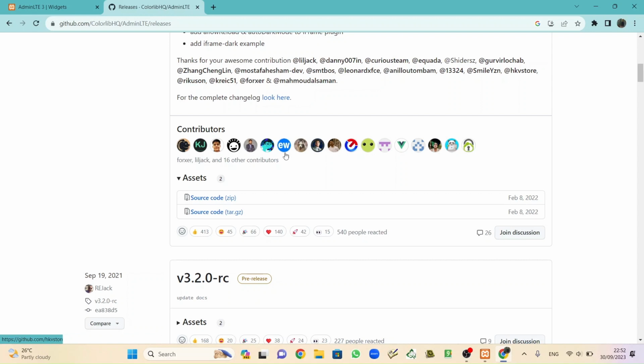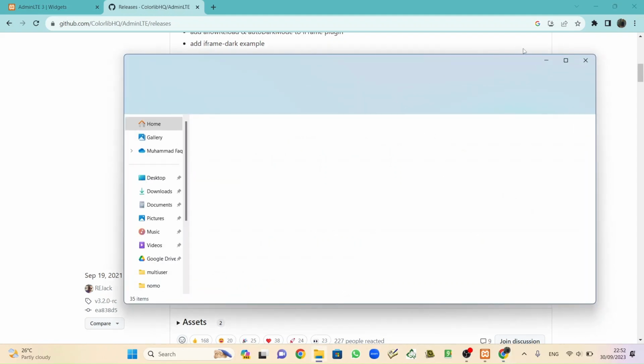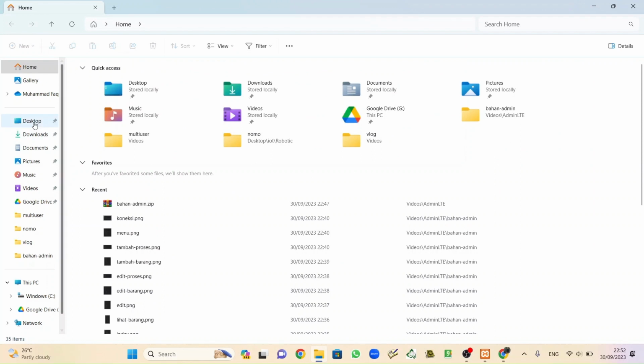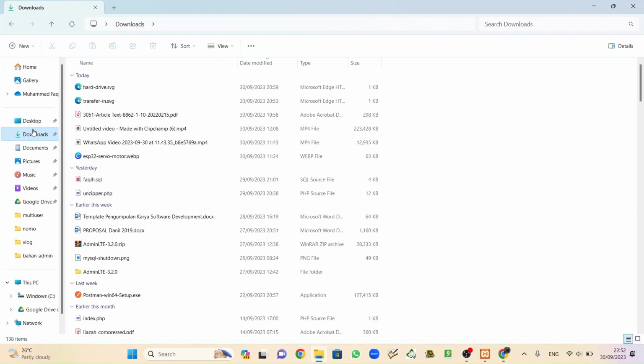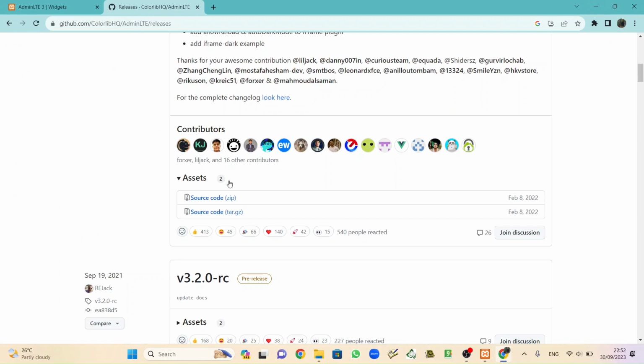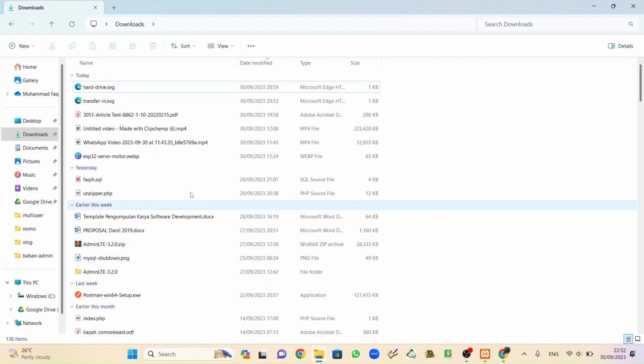After you click it, there is a download button here, and we'll move to the download file. Download the zip file. We move to the download folder, and we will find the AdminLTE download. Just unzip this, and it will look like this.